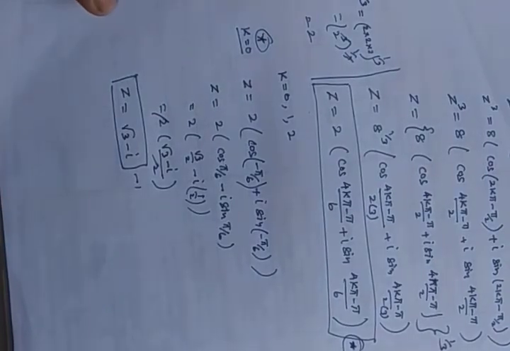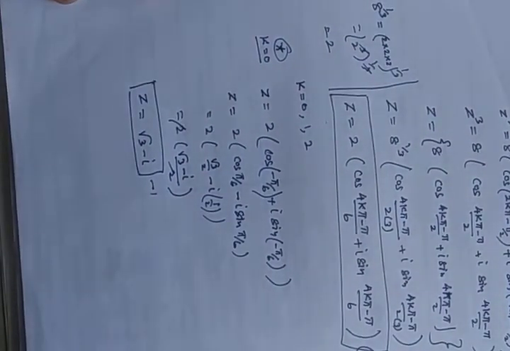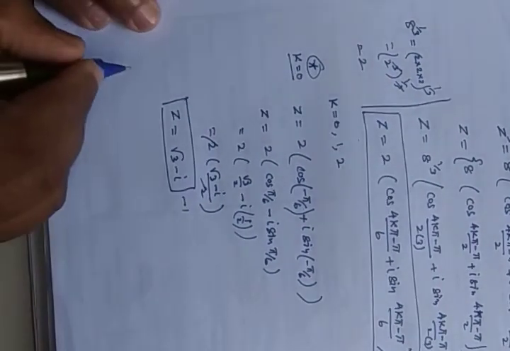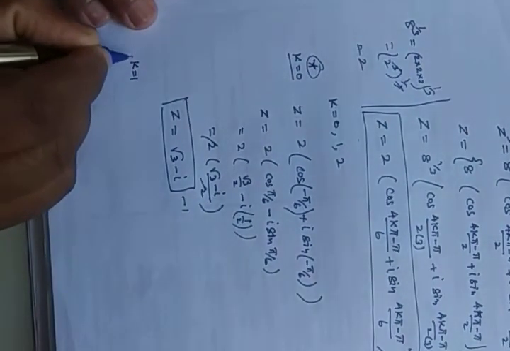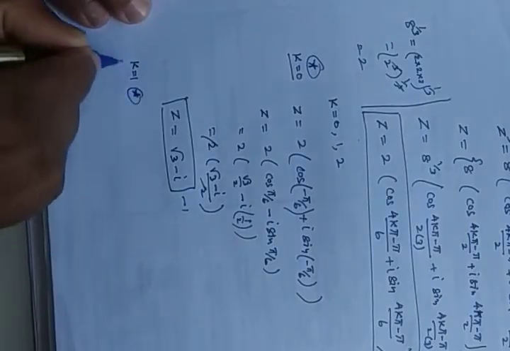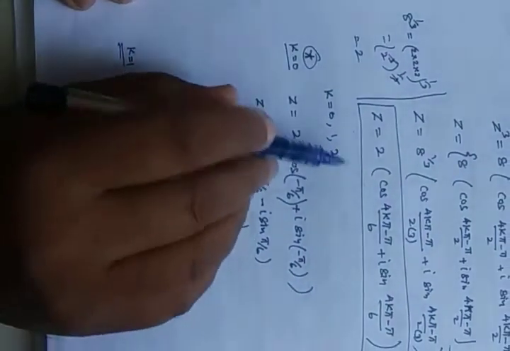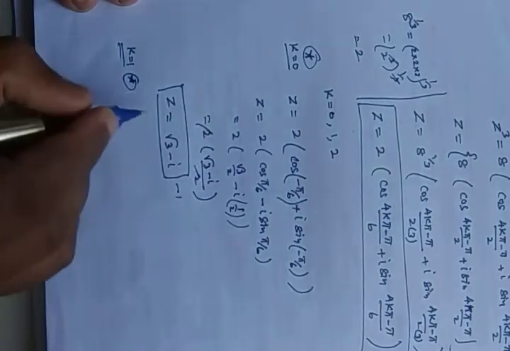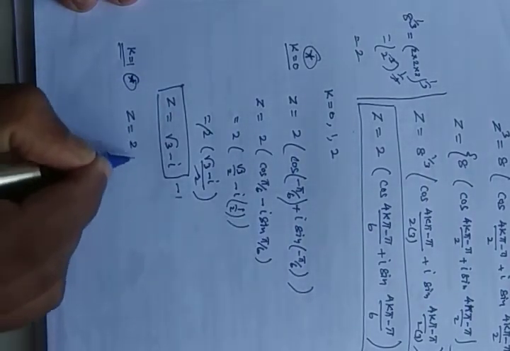Now we need to put k equal to 1. Then what are we getting? We will check it here. Now I am putting k equals 1 in the equation star. Okay, so k equals 1 I am substituting. Now you see here z, then 2 will come commonly.